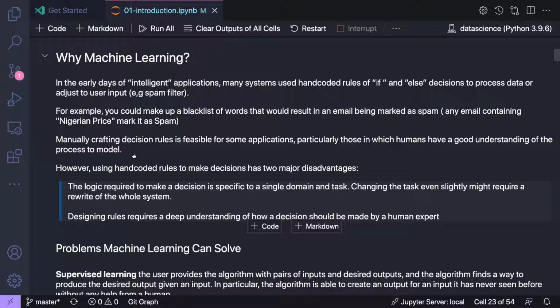Now, what we want is an intelligent system where we don't need to write rules. It will automatically learn to classify this is a spam, this is not a spam, without you writing: if this email contains "Nigerian friends", this is a spam; if this email contains "Nigeria", this is a spam. You need to specify many rules. If there are 1 million rules, you need to specify 1 million if-else. But this is tedious. And if you change from the email domain to another domain, like tumor, where you want to classify an image as tumor or not,